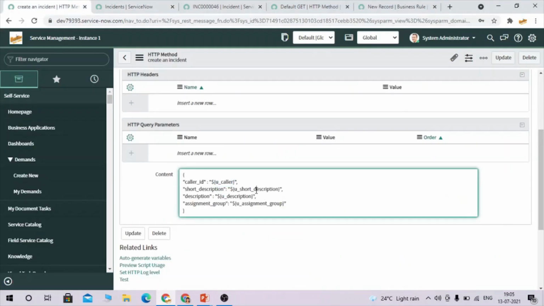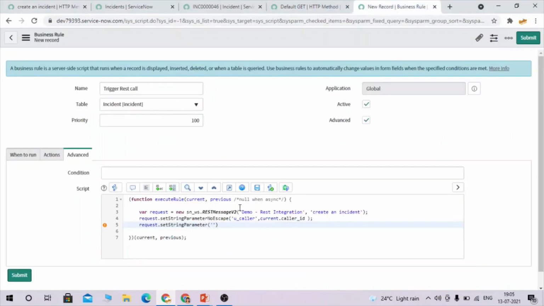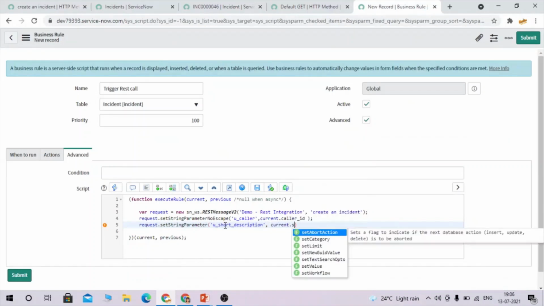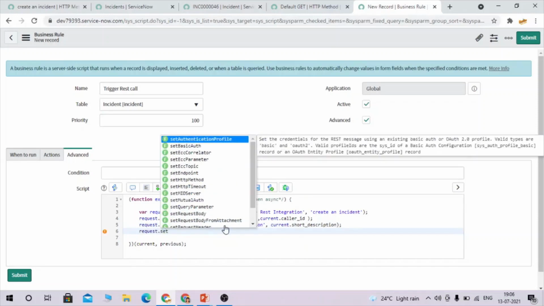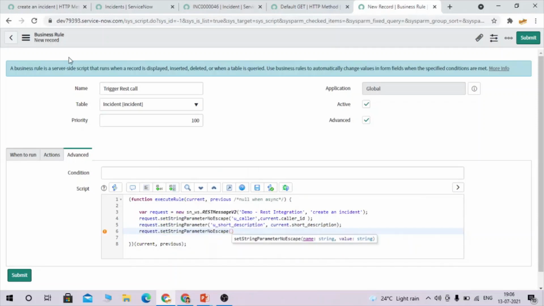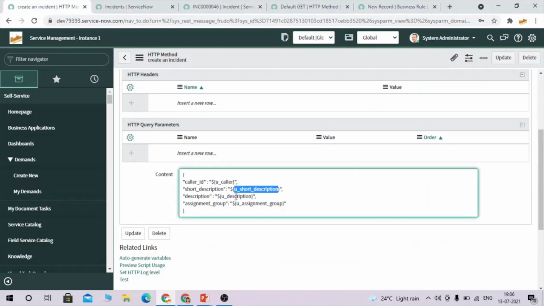So let's take short description and quickly we map it here. Short description to current.short_description, request.setString. Let's take the backend value.